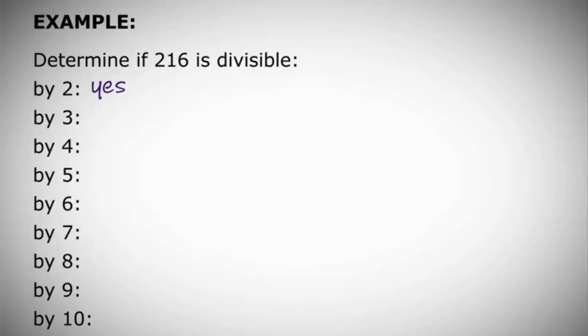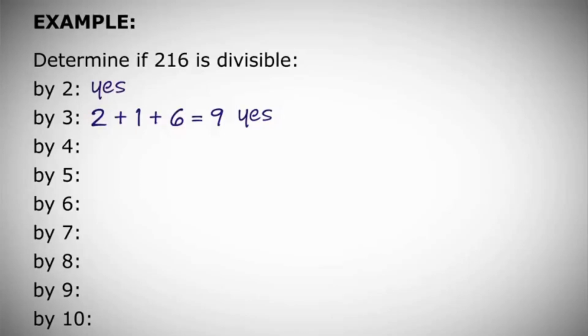Is 216 divisible by 3? If yes, then the sum of the digits of 216 must add up to a number that is divisible by 3. Let's take a look at those digits, 2, 1, and 6. When you add those together, you get the number 9, which is divisible by 3, which means that 216 is